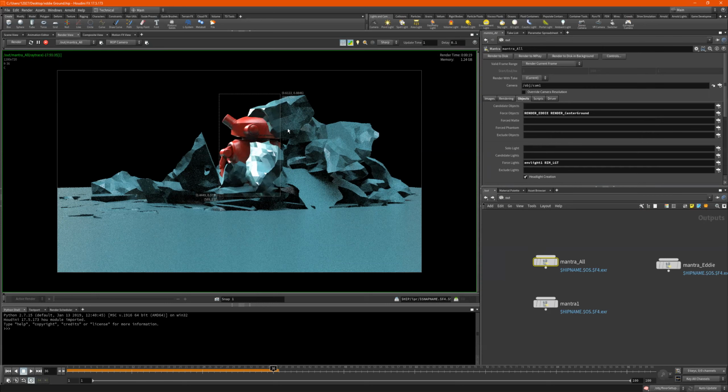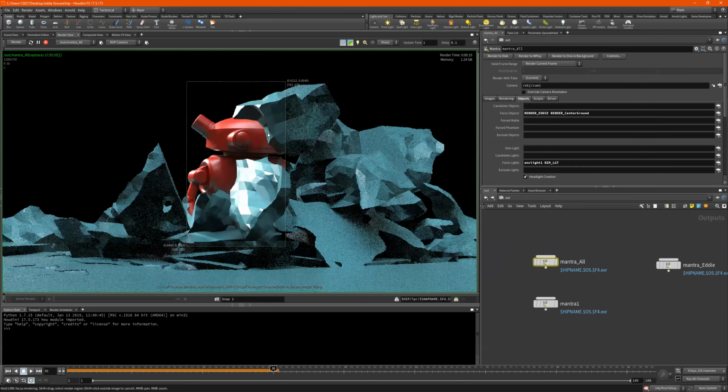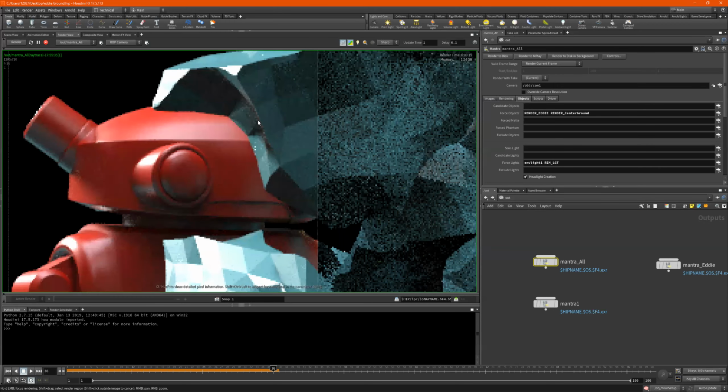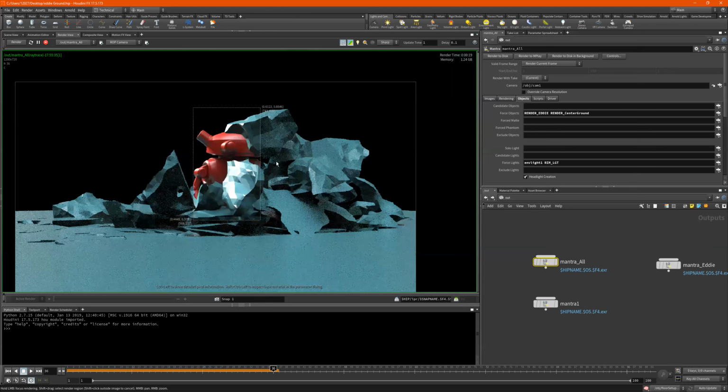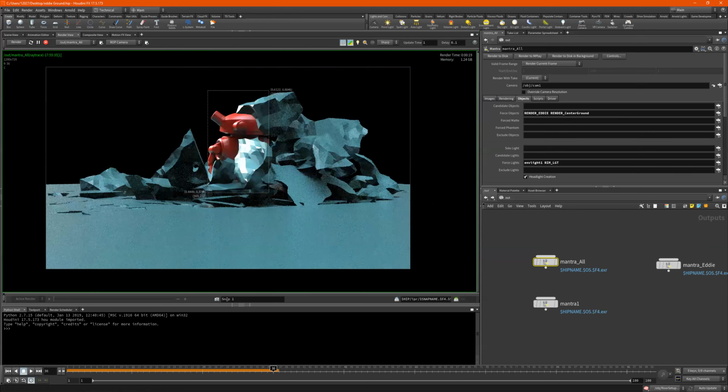So right now I have this Eddie. There's a little bit of light bleeding right here. So that means that there's going to be some red on this from him, bouncing off of him. I'm telling you all that for a reason. So check this out. If I go to Mantra Eddie,